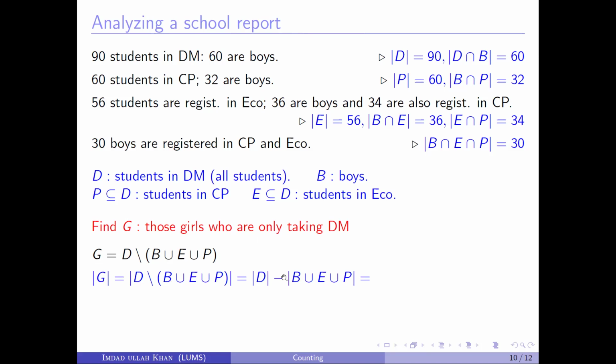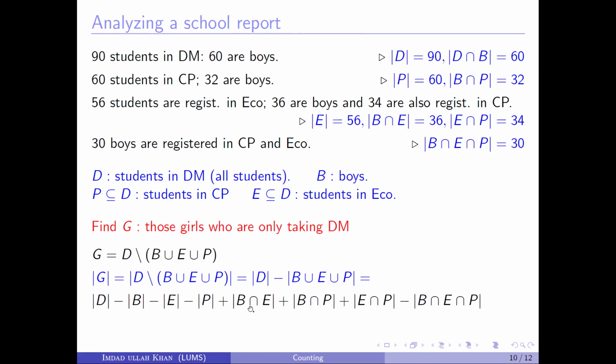So we move from here to the cardinalities. We try to find the cardinality of G, and we open up this union, B union E union P, using the inclusion-exclusion principle, and we end up with this expression. So this is D minus, and after D minus, you can take this whole thing as a substitution of B union E union P. We have simply applied the inclusion-exclusion principle. And we know the answers of all of these individual cardinalities. So we plug them in,